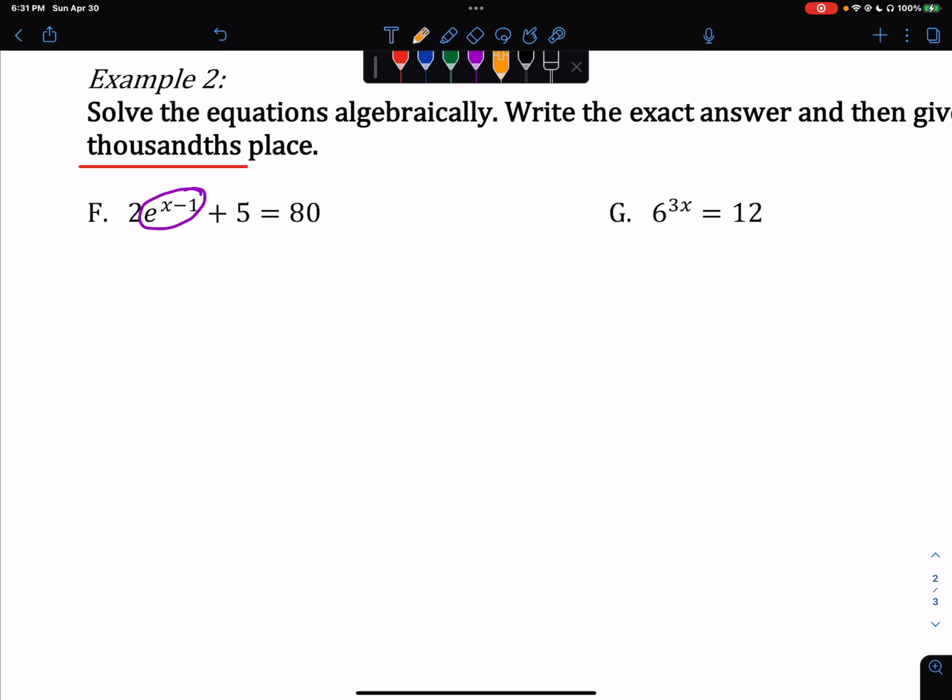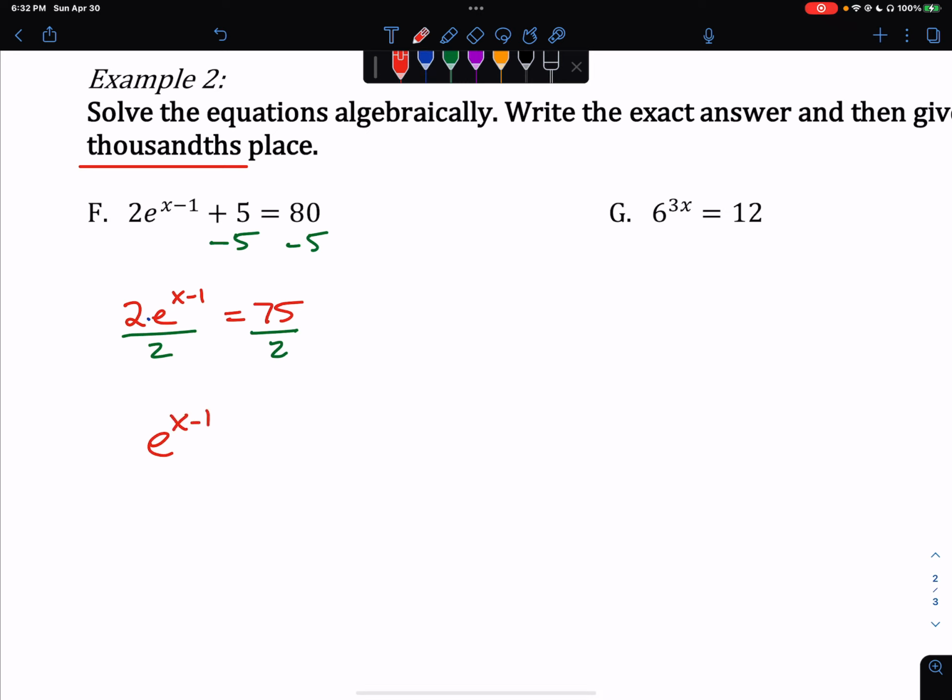So what we're going to do first is get rid of this plus 5. Well, how do we get rid of a plus 5? The opposite of adding is subtracting. So we're going to subtract 5 from both sides. We get 2 times e to the x minus 1 equals 75. And again, the x minus 1 is still stuck with that e. So I want to get rid of this 2 in front. Since the 2 is multiplying, the opposite of multiplying is dividing. So we're going to divide both sides by 2, and we'll get e to the x minus 1 equals 75 divided by 2